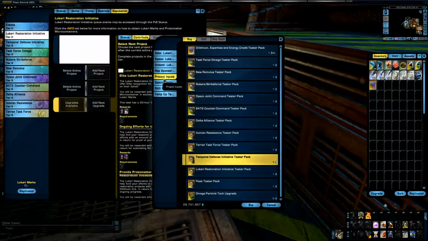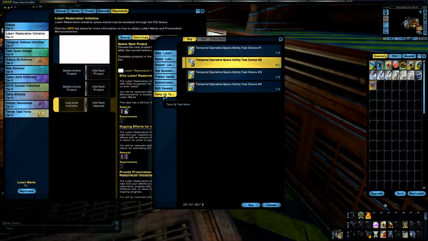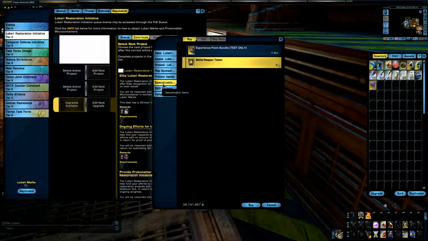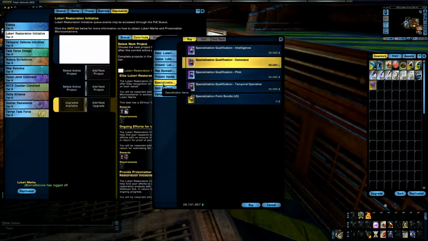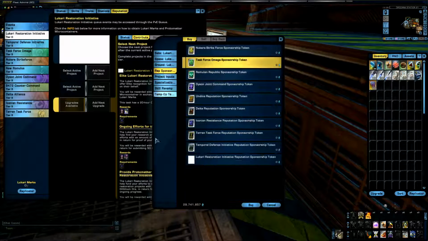Now, as far as things that are available in this update so far through Tribble, both STFs are open, although we haven't seen full queues yet for them. The battle zone is open. The Lukari reputation system is open. However, it's not in the tailor, or at least it wasn't the last time I looked. Let me check that while we're talking.